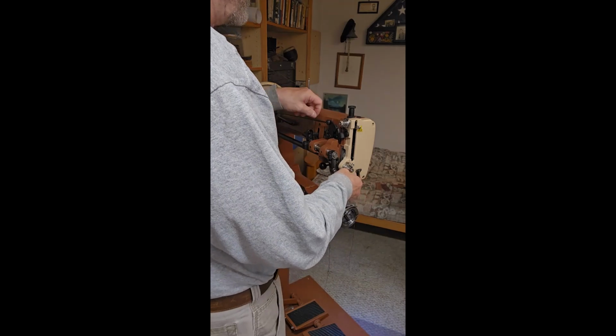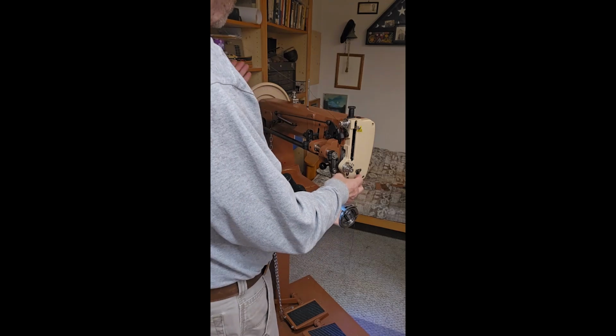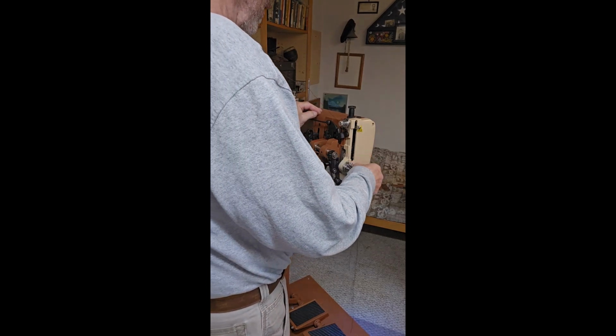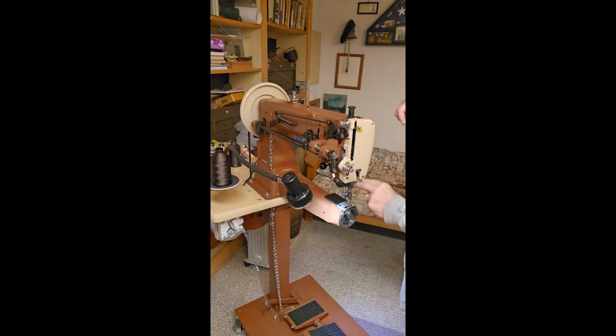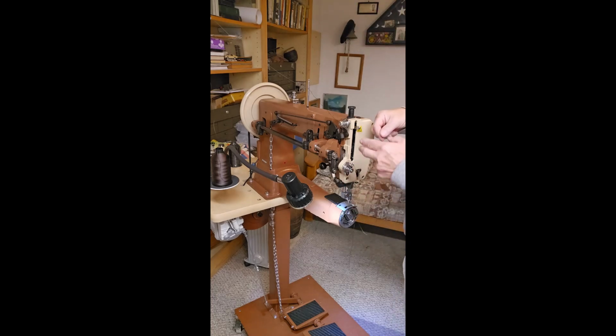And then notice that it's going to catch on this guide up here. I really do not want that. And so that's why this little thread tree is on top, to keep the thread up on the center of the machine. Okay, so now I'm going to go around once and twice. And when I come out, I'm going to go through this other thread keeper like that. I notice I still have two times around. I'm going to go through the thread lifter, or whatever it's called, making sure that nothing gets tightened up. I'm going to come down through this thread keeper,